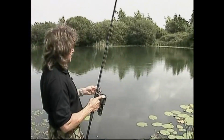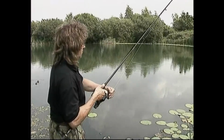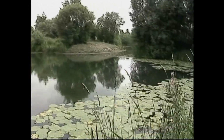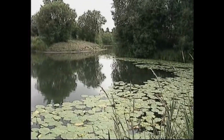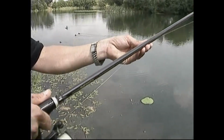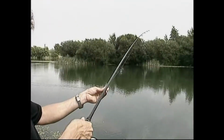I certainly can't put a bait in every single position. Let's start off by leading against the far weed bed. Simple cast. Felt the lead thump the bottom. Now what you do, turn the bail arm over, feel the rod tighten up to it. What you're doing is drawing that lead back along the bottom. You can feel that inching,